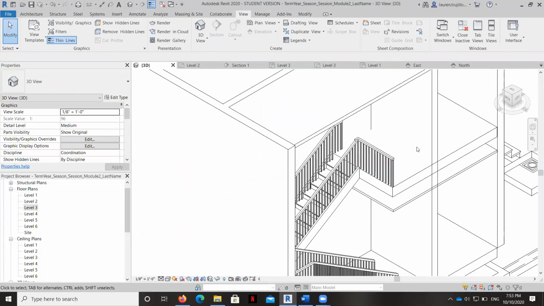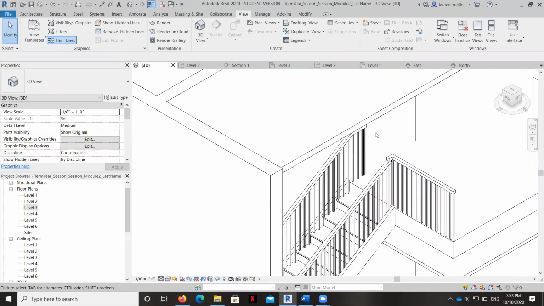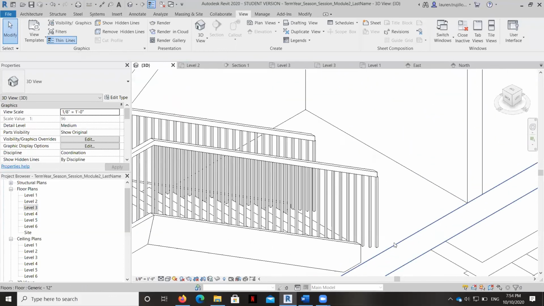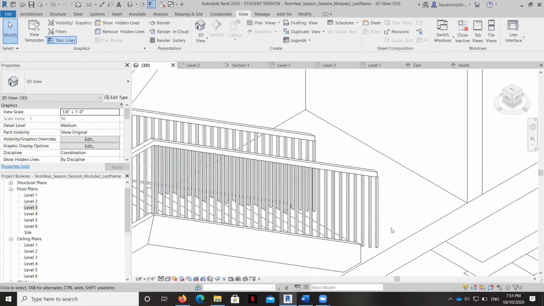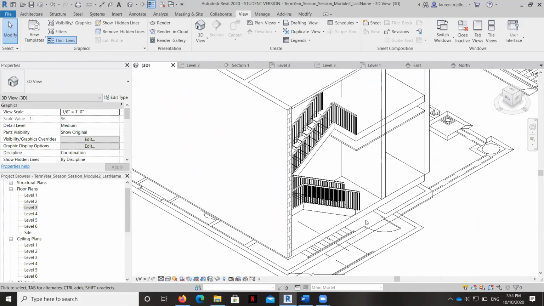in real life, of course, we've got the wall coming around over here. These railings are coming across here, and we could tinker a little bit more with Revit and kind of get these to extend because again, the stringer's not there, but that's not a problem. They look pretty good now. And these would in the real world come all the way down, but we're going to leave them as is for right now. Okay, and there's your basic staircase.